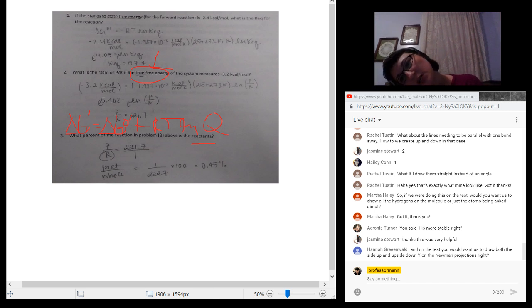Difference between enthalpy and entropy. Enthalpy is the heat energy. Entropy is the disorder. Exothermic versus exergonic. Heat favoring, or heat leaving the system, tending towards spontaneity. Yeah, or just negative free energy is another way of saying that.